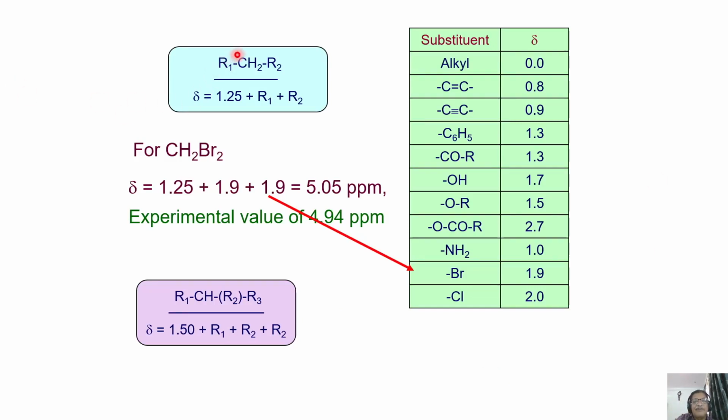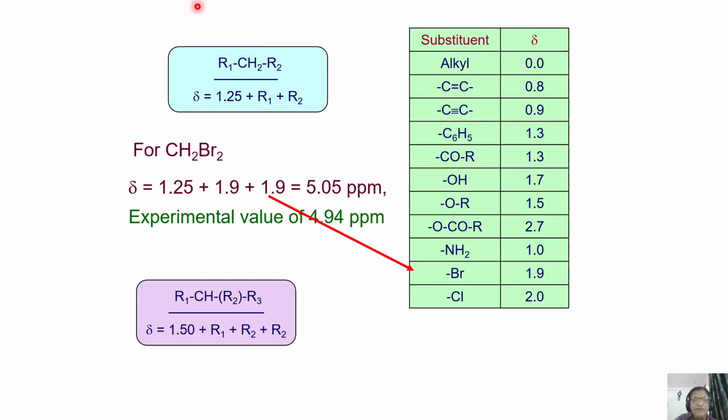I am considering the example of CH2 protons. There are 2 protons here, and R1 and R2 are the substituents on either side. If this is the type of molecule you have, and I am looking for a CH2 group with a substitution on either side, then according to Schoolery's rule, the base value for this is 1.25 ppm. That is the base value. And for this, the effect of R1 and R2 has to be added up. Then you know the total chemical shift for CH2 protons. Did you get my point?